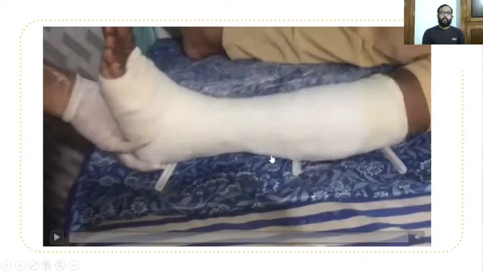Here there is posterior support, medial and lateral support, and the front area is fully covered with cotton and gauze, so that the patient is able to use the Muruvanna in the initial period up to callus formation, and ample support is also given due to this particular half cast bandage. Actually this is an improvised bandage.